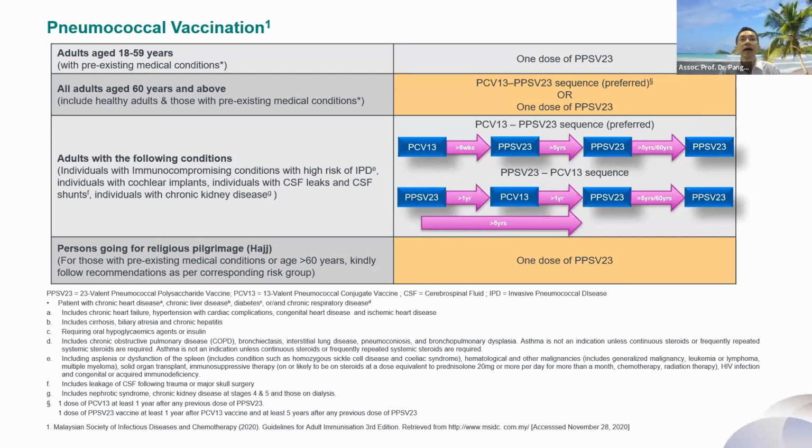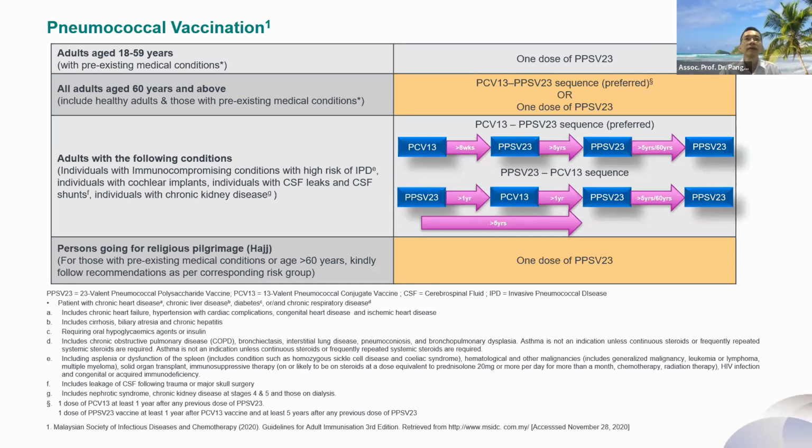This is the latest revision, and inside they mention that anyone aged 18 to 59 with pre-existing medical condition should receive 1 dose of PPSV23, and all adults 60 years and above, ideally they should receive 2 doses, PCV13 followed by PPSV23 in that sequence. If they can't afford it, maybe we can consider 1 dose of